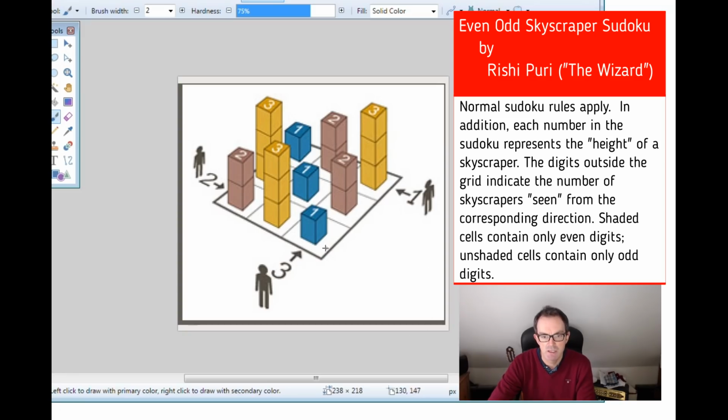Here we go. This is, I think, quite a good visual representation of what a skyscrapers puzzle looks like. As we populate the middle of the grid with numbers, each number represents a building height. In this simple example, 3 would be the biggest building, a skyscraper of size 3. And the numbers outside the grid tell you how many skyscrapers could be viewed by a person standing looking in this direction. In this instance there would be a number 3 because the 1 skyscraper could be seen, the 2 skyscraper could be seen, and the 3 skyscraper could be seen. Whereas if this guy is looking from this direction, he sees an immediate 3 skyscraper, but he can't see behind the 3 skyscraper. So that's why his clue would be a 1. Similarly, this guy could see the 2 skyscraper, he could see the 3 skyscraper, but the 1